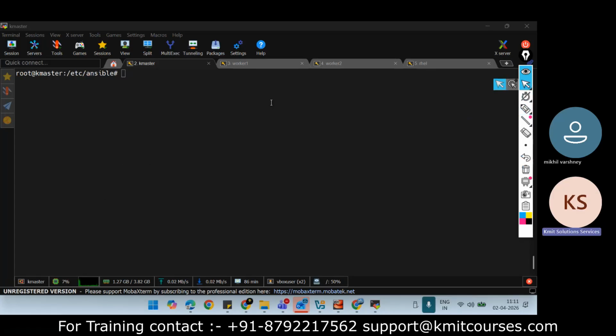Now, for example, here is how Ansible commands run. All the Ansible commands start with ansible. Then you need to mention the inventory file. If you don't mention the inventory file, it will go to the ansible.cfg file and check the inventory file path, the host file, and execute on the basis of that.